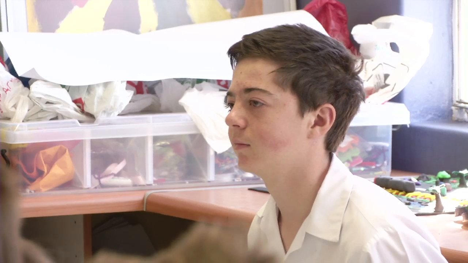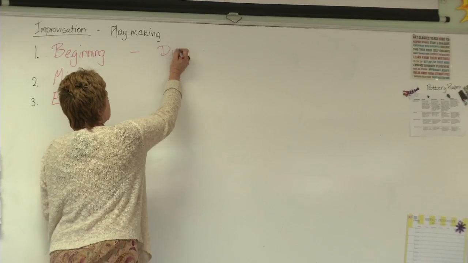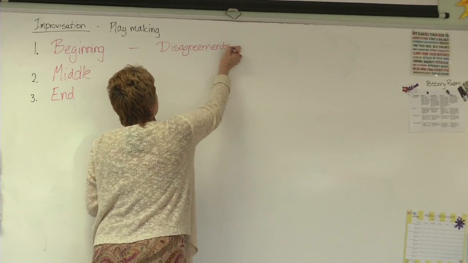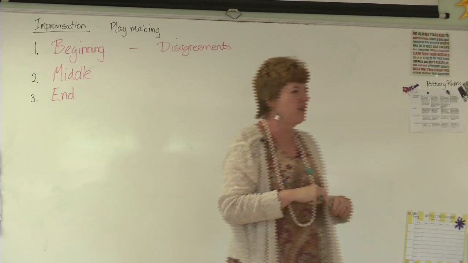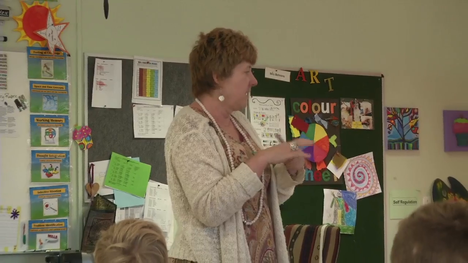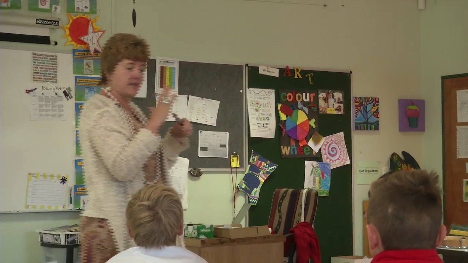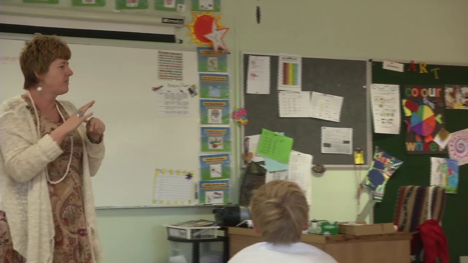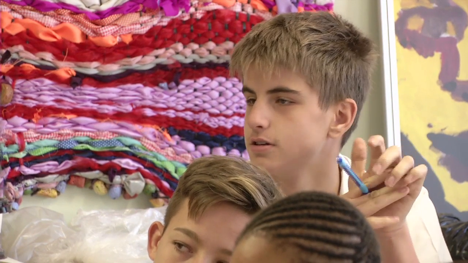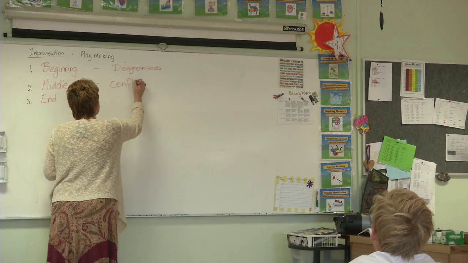So, we are talking about disagreements. And if you think of any movie or any story, there's usually some sort of issue, all right? So based on the stories that you've been discussing, you're going to create a play, and it's going to start off with a disagreement. What usually happens after you've disagreed? You get more angry, so you fight. So there's conflict and there's tension.